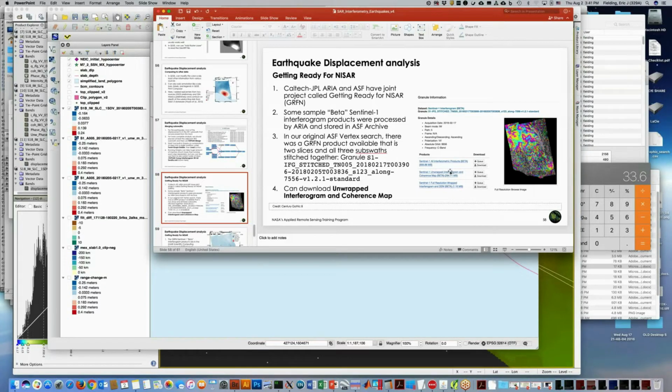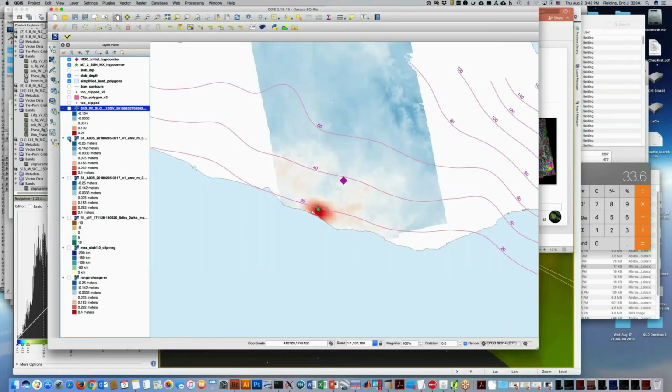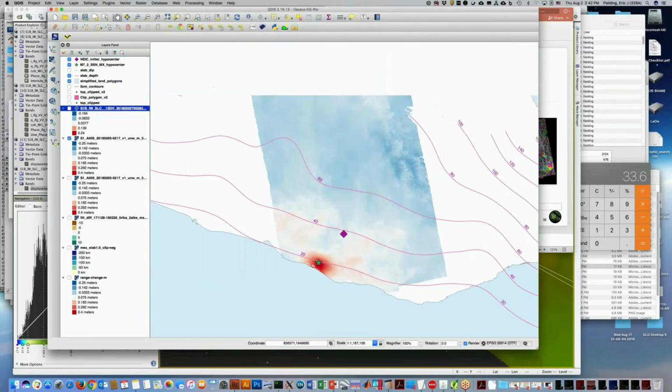And we can just download this interferogram and coherence file map. It's 280 megabytes, but it's the whole image already processed into an unwrapped interferogram. And that product can then be loaded also into QGIS. This is that interferogram with all the